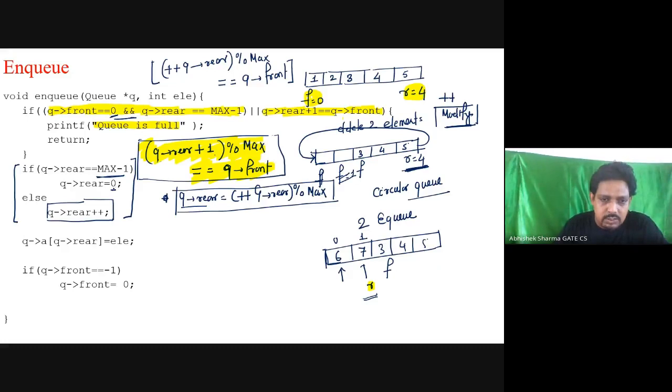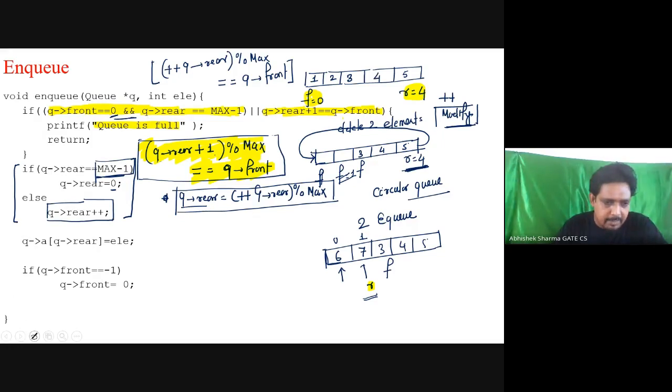Again, look closely and then answer. Do not answer randomly. That max minus 1 is getting incremented to what? 0, last to 0. Otherwise, it will be normal incrementation, and I'll write q pointing to rear plus plus. Please answer one time. Is the new statement equivalent to this?